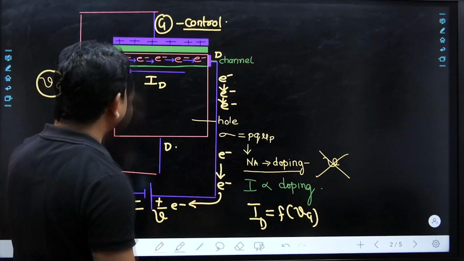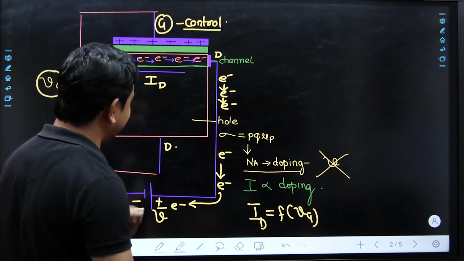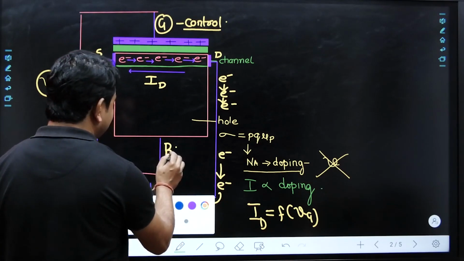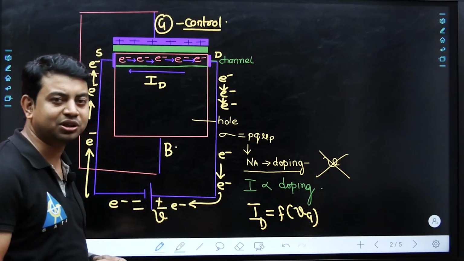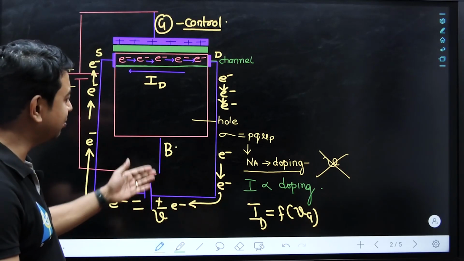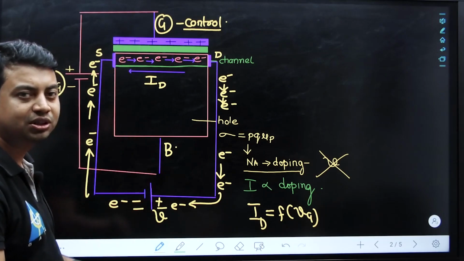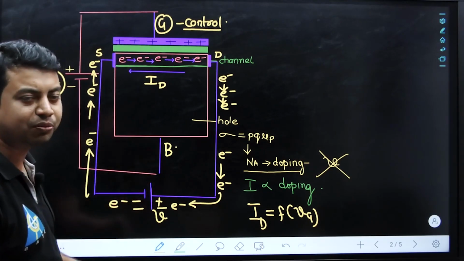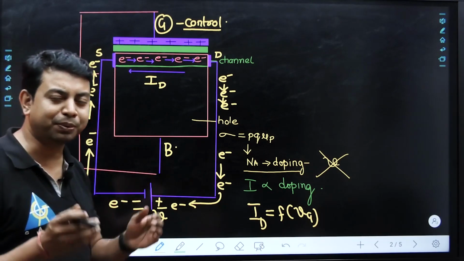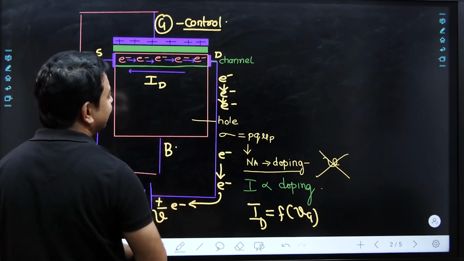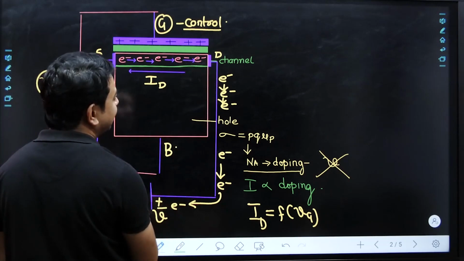But what about this source and drain which is present on the side wall? And what about this body terminal which is present on the bottom part of this one? We cannot take these things. If you are unable to take these things, then everything has to be shifted to the top walls. Whenever we are shifting to the top walls, we have to make a proper connection between this electrode and this channel. So how to make a proper connection?